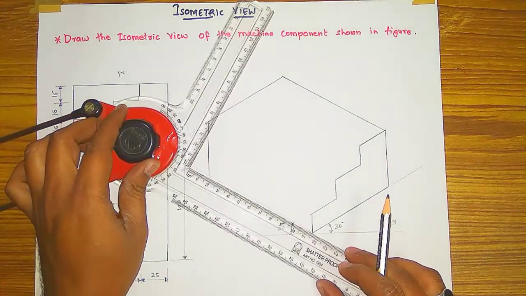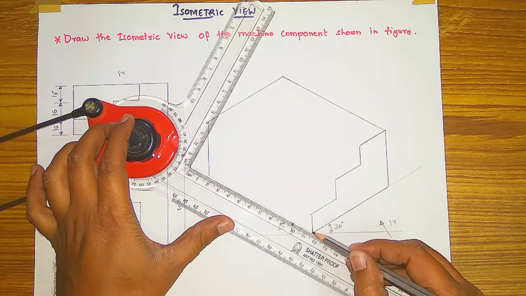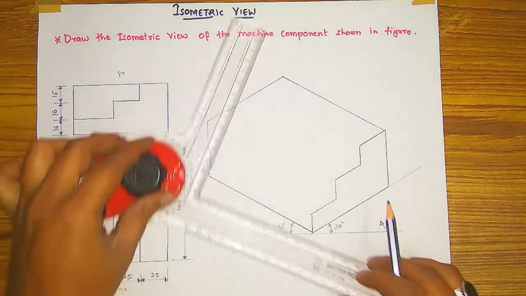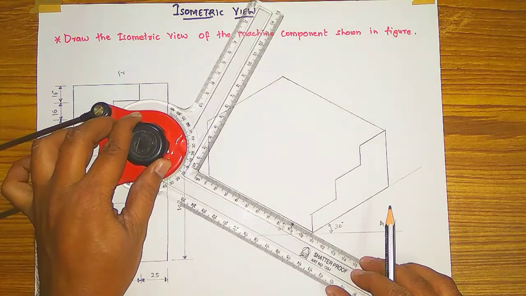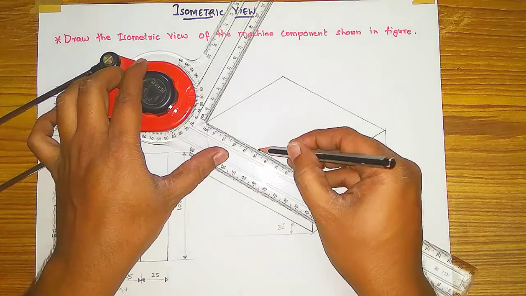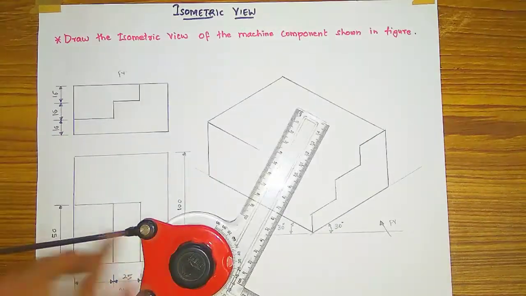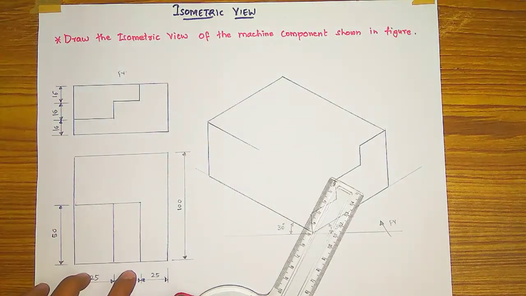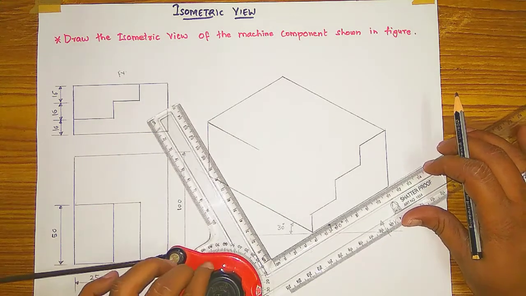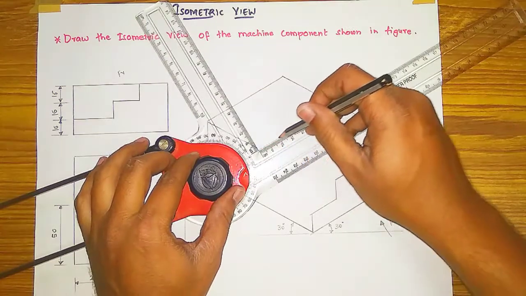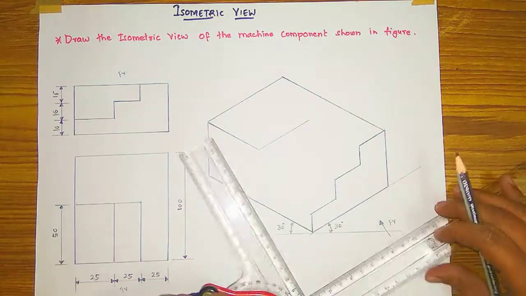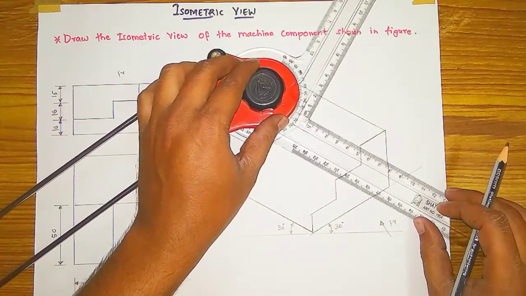Again, also dark this line. Okay, this line is of 50 mm. So with this angle only, parallel, we have to draw a 50 mm line like this. And this line is also 50 mm. 25 plus 25, 50. So with this angle 50 mm only we have to draw till here. Okay, the remaining line of 50 mm automatically you will have. Just join it.